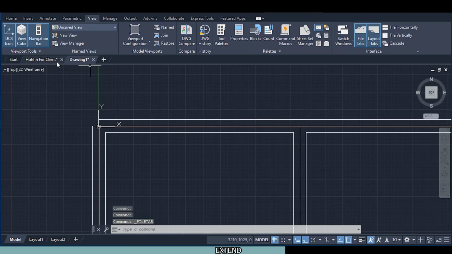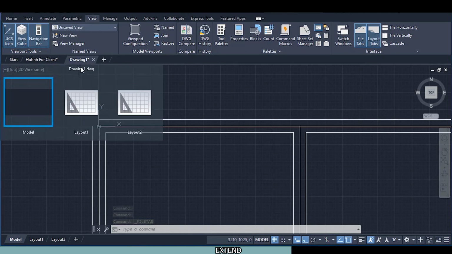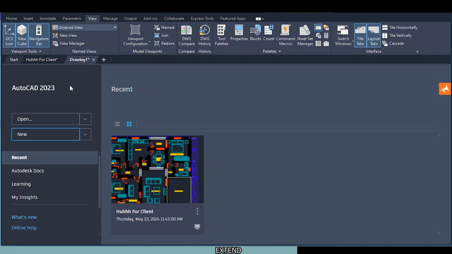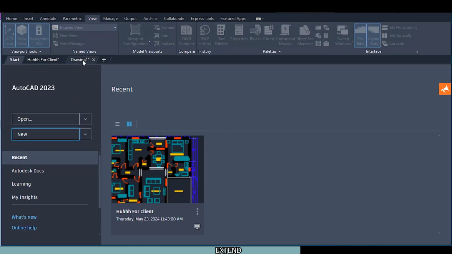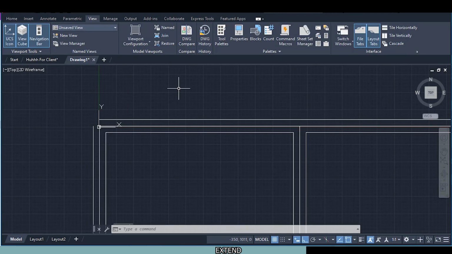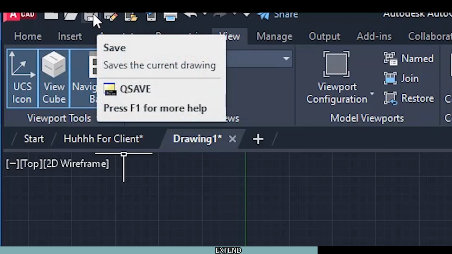You can switch between tabs. This is our drawing. We made a mistake, we didn't even save. You can switch between your tabs. This is where we first started, and this is where we are right now. So let's correct that mistake. Come up here, click on save, because if you didn't save, AutoCAD truly does crash and we'll have to do it all over again. So click on save,